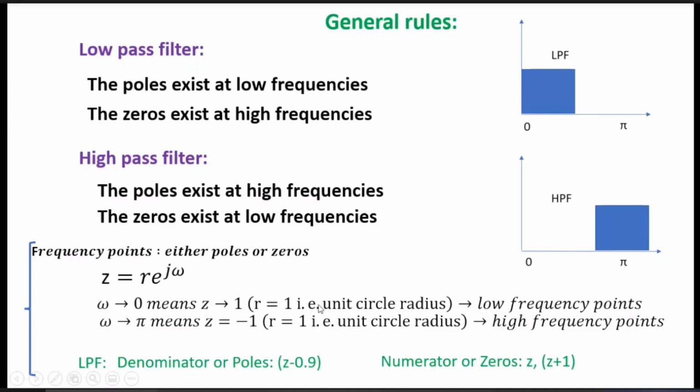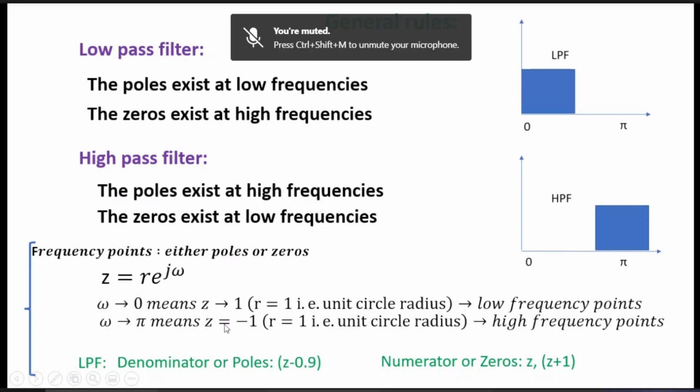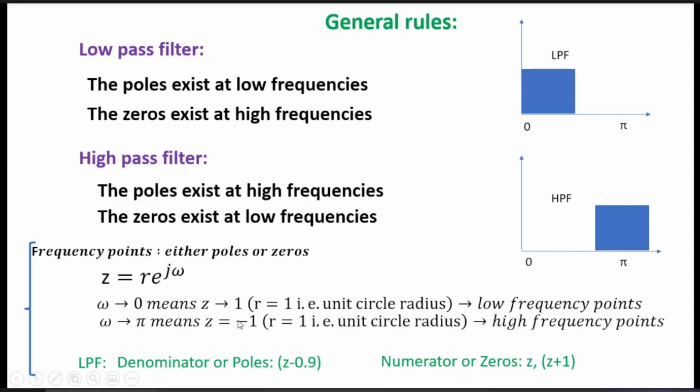cos pi का वैल्यू anybody please? What is it? -1. Yes. So cos pi अगर -1 है तो z का वैल्यू होगा -1 provided r is equal to 1 यूनिट सर्कल. Okay. So अगर ओमेगा 0 है तो cos 0 1 होगा और cos पाई है तो -1 होगा z का वैल्यू. तो